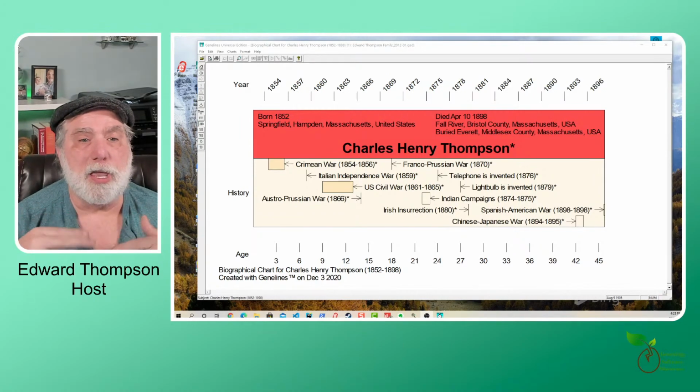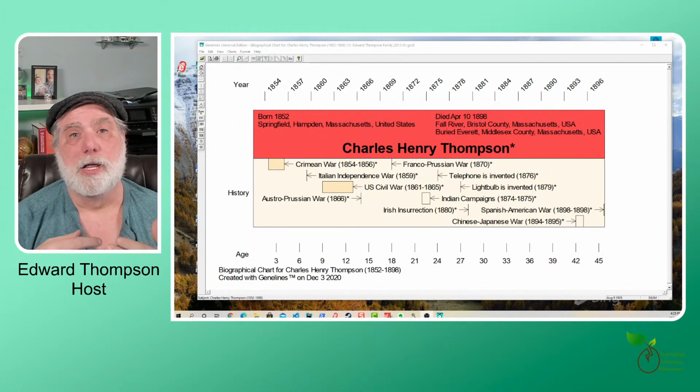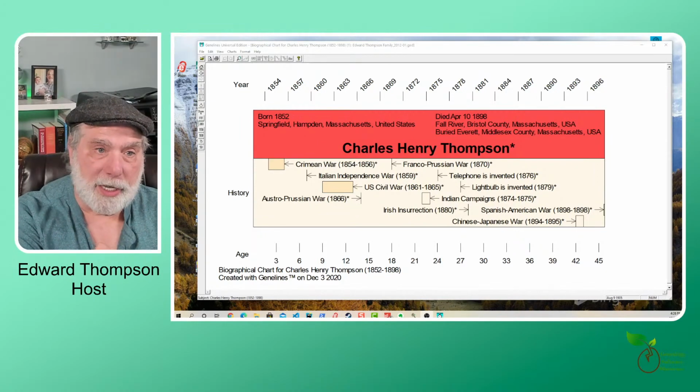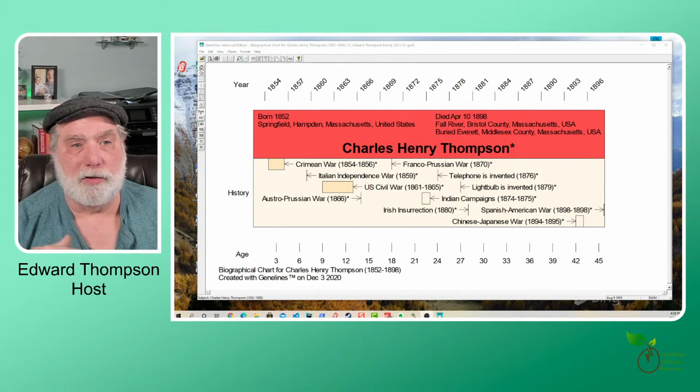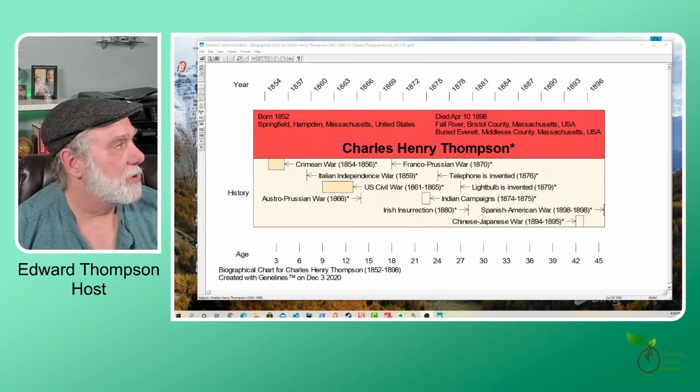So if I want to move beyond this into storytelling, putting together a story about Charles, this is going to help me do that. Now, again, it's including a lot more information than I need. One of the things that you can do in Genelines is you can import separate history files. And before I do that, let me show you